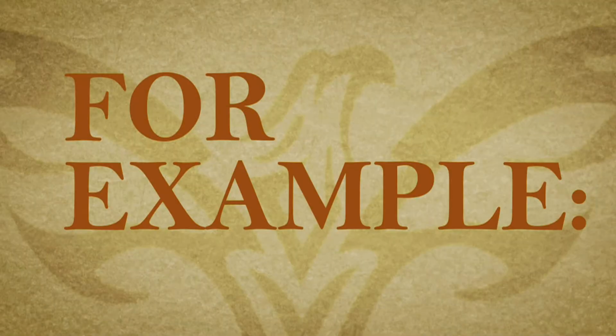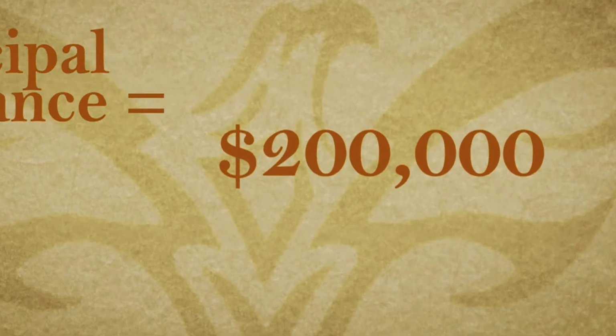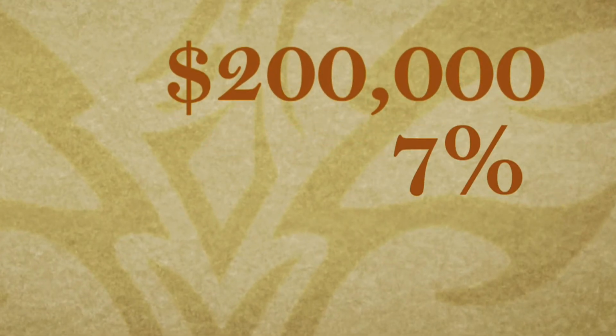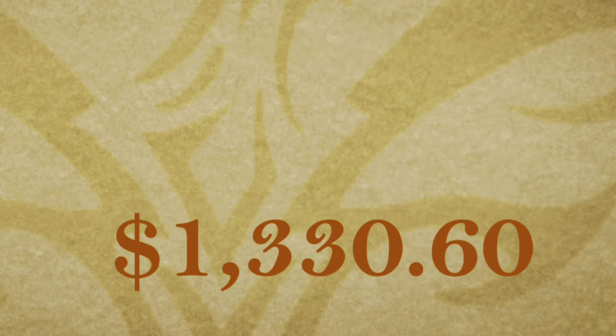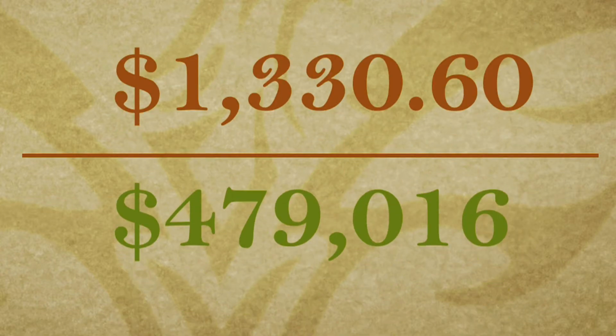Another type of loan modification is an interest rate reduction. To reduce the interest rate on a mortgage while keeping the principal balance the same, you lower your monthly payments, and in turn, you reduce the amount you spend over the life of the loan. For example, let's say you have a mortgage with a principal balance of $200,000 and an interest rate of 7%. Your monthly payments would be $1,330.60,